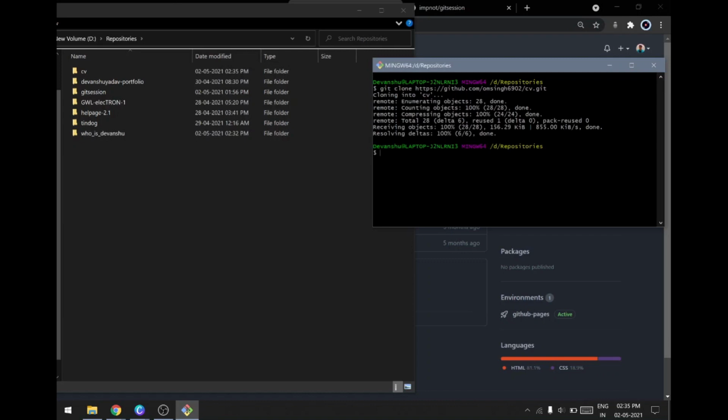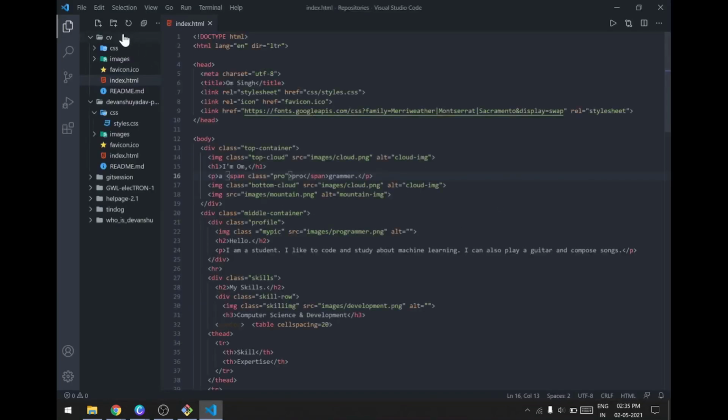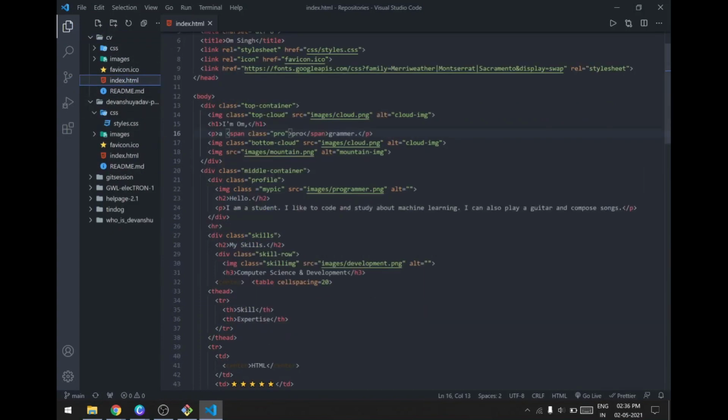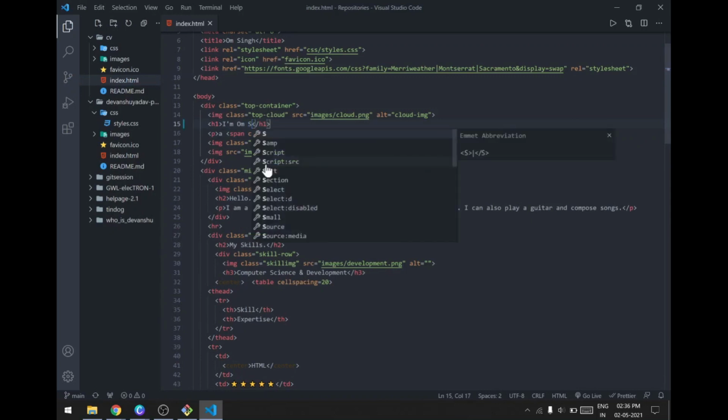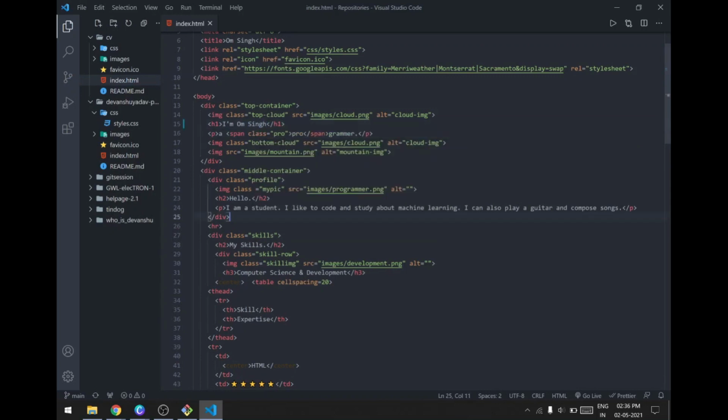And we have the repository. Now we'll open it into our text editor by using code dot. Okay, so the repo is open and we'll make a small change. Let's say we add a surname. So we made a change.